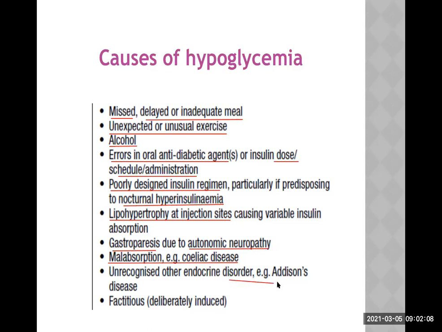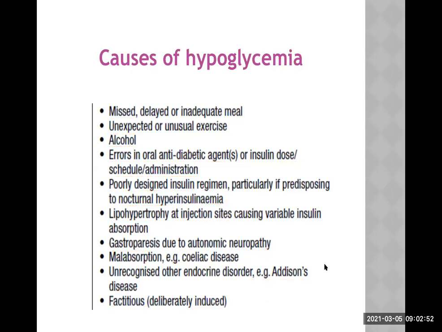If other endocrine disorders like Addison's disease are there, there is a higher chance. And don't forget about the last one. This is factitious hypoglycemia. Patients themselves deliberately inject insulin, and insulin is a hypoglycemic agent. So this type of patient can also present to the hospital, and they can cause a lot of headache to the doctor. We really cannot diagnose it in time. Why? What's the mechanism of hypoglycemia? So probably we need to admit this type of patient to the hospital under observation, and then we can diagnose them.